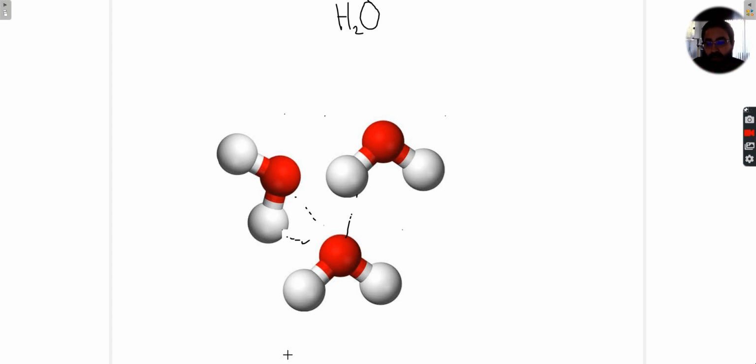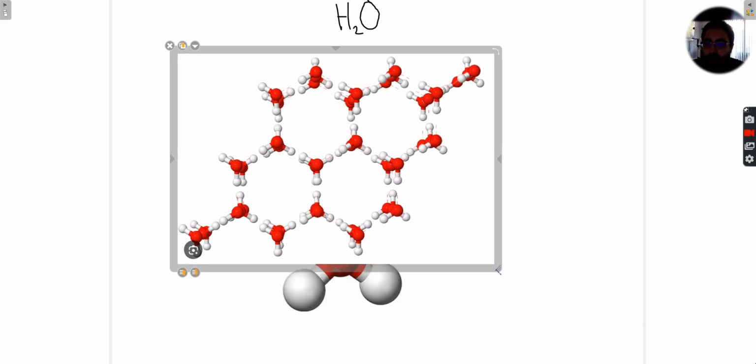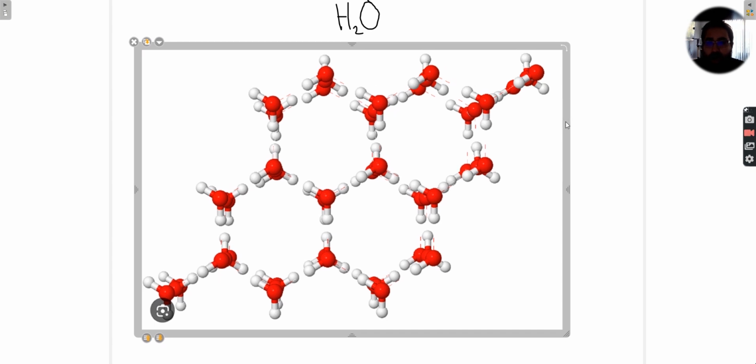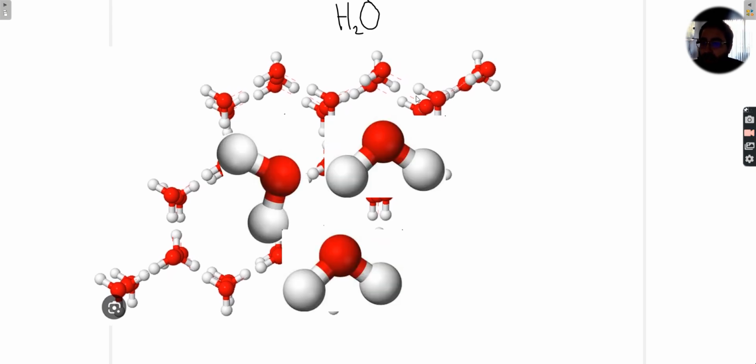It distances itself, so the density drops. The density of water drops, and that's why ice floats on top of water. Even though they're made out of the same thing, their densities are different because that little attraction caused water to expand. All right, so water creates this little crystal structure, kind of like this, where it's kind of lined